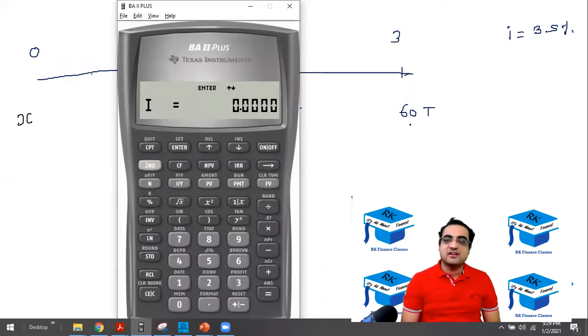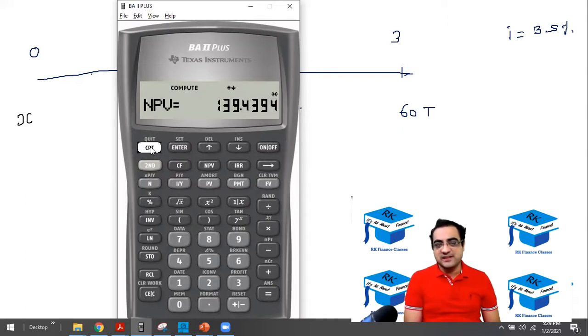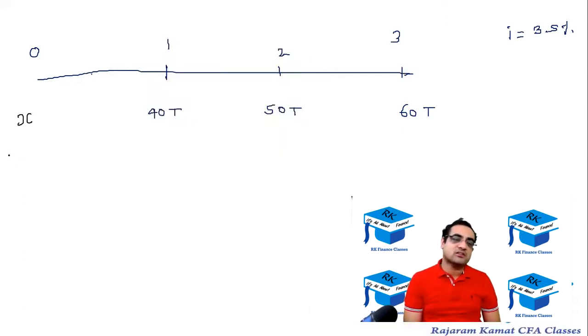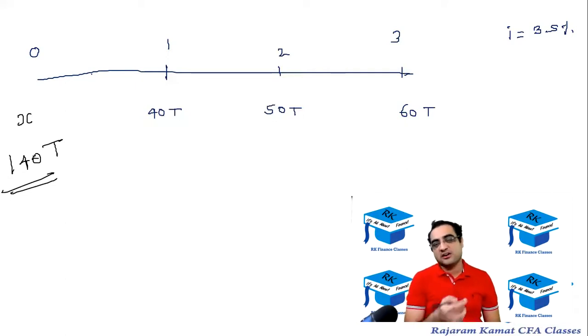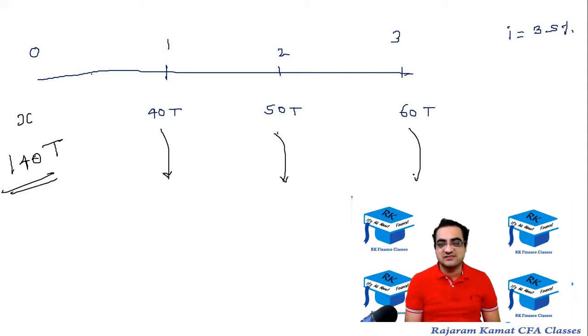The interest rate is 3.5%, but you will just press 3.5 and not the percentage. Press 3.5, enter, downward key, and then press CPT. So basically you need to put approximately 140,000 rupees in the account so that your son or daughter can withdraw this, this, and this. How many of you got 139 before me? Let me take the poll. And if you have doubts, if you want me to repeat it, just raise hand.